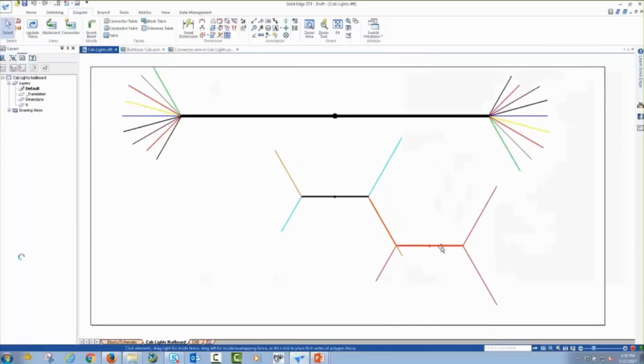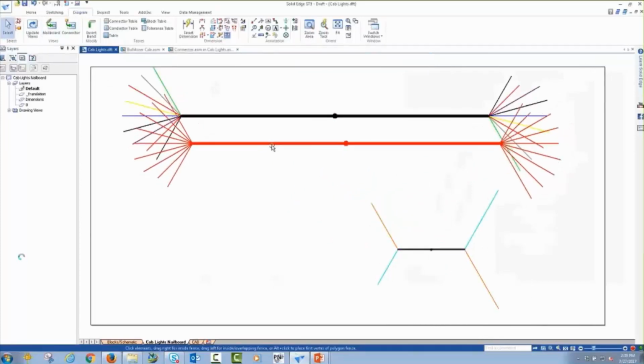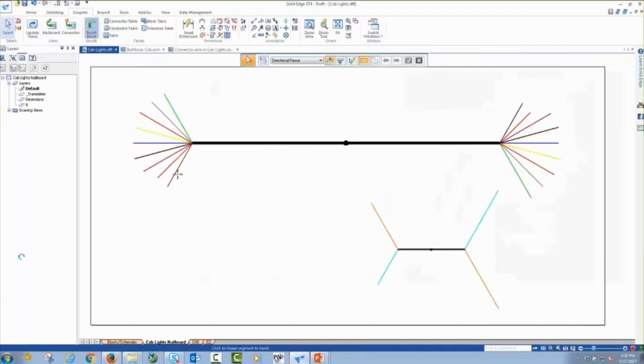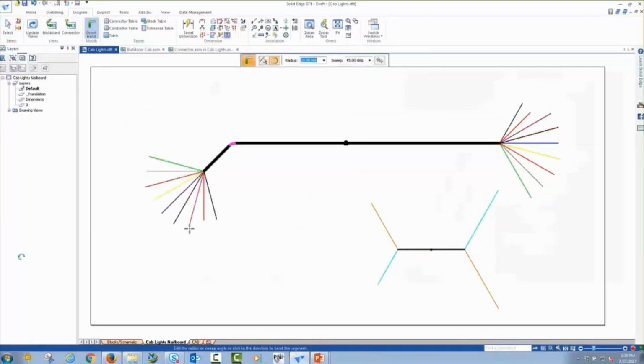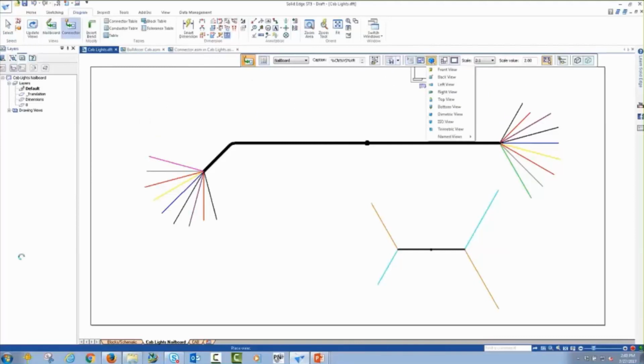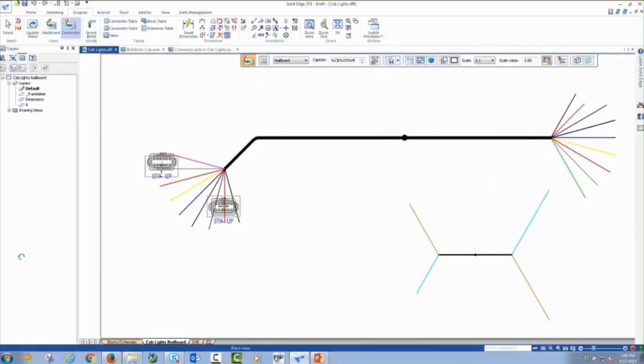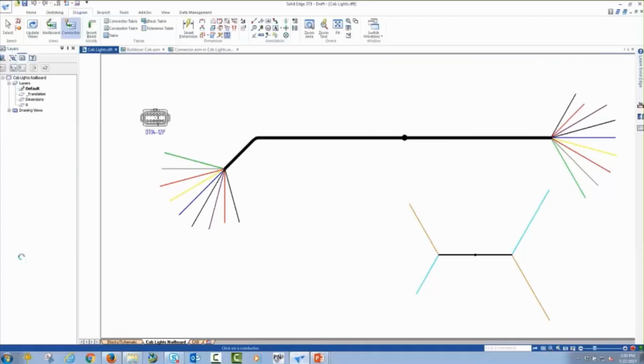You'll notice here I can move the wire harness information. I can do things like add bends if I want to relocate the position of the wires. We have other tools that allow us to create connector views, and I can do that very easily as well. And show the connectors that are relative to these wires. And then very similar, I can show the information relative to those connectors. I can create a connector table,